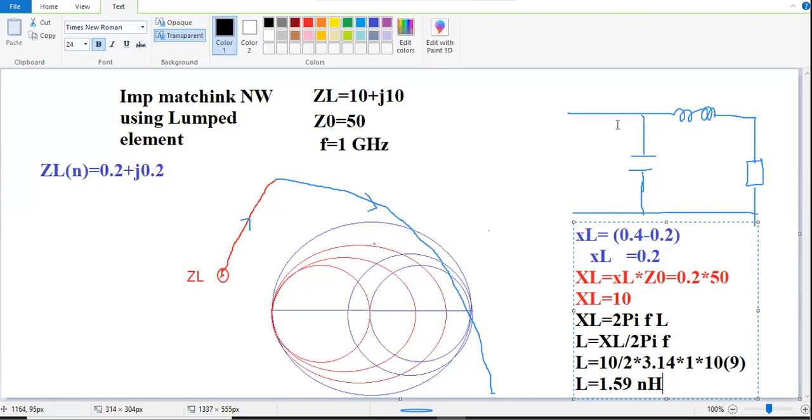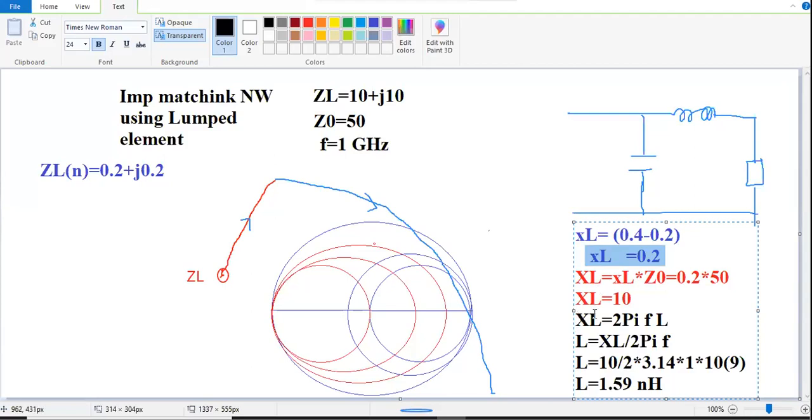Simple formula, only the step that you have to remember: this is small xL and you have to convert it to the capital XL. Why? Because putting on the Smith chart, you divide it by Z0. So to get the real value, you have to multiply it by Z0. So this is the normalized value and capital XL is the denormalized value. This step is very much important. So this is what essentially we have to do.